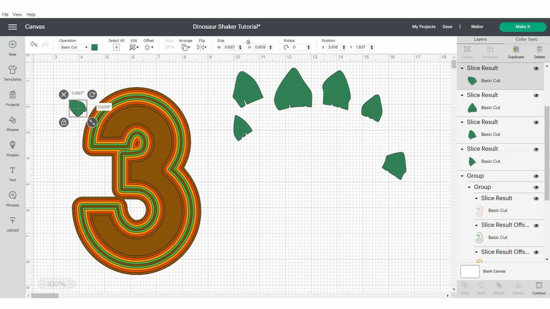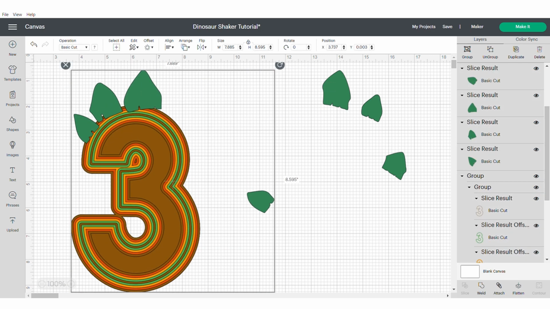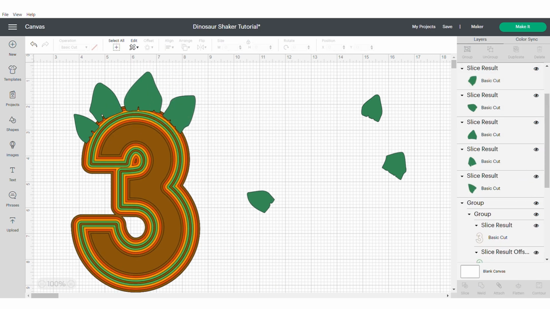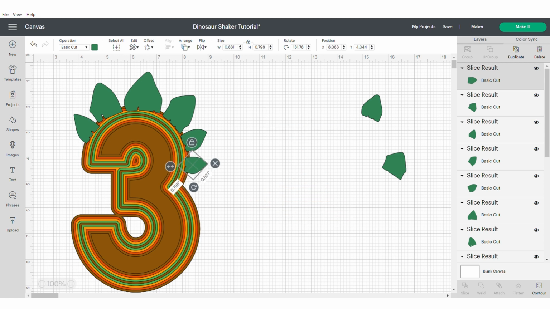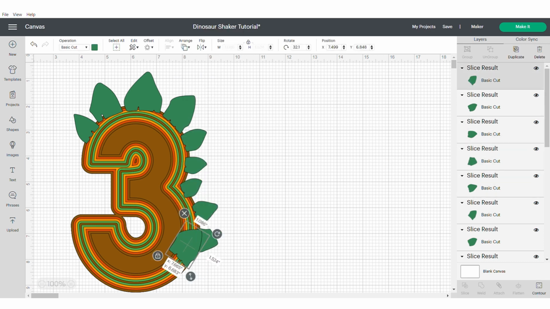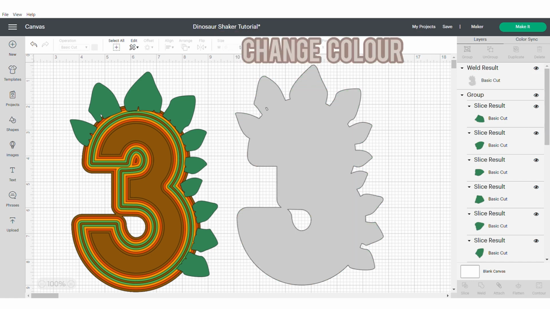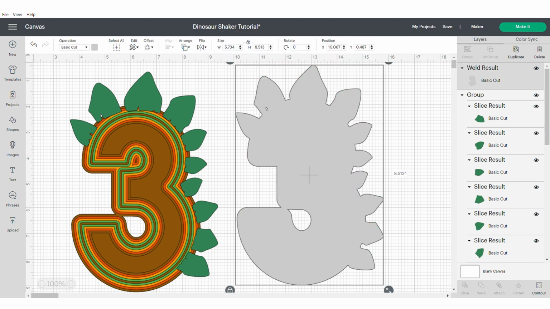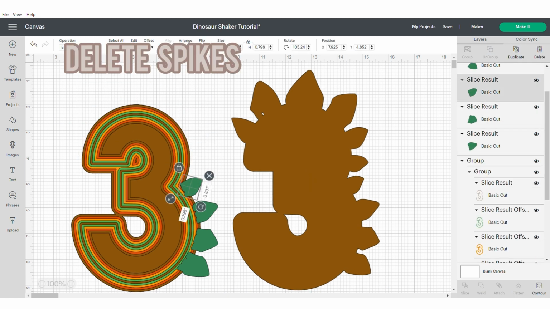Now that you have a number of spikes in different sizes, you're just going to arrange them alongside the back of the number or letter. There is absolutely no right or wrong way of doing this. It's really just about positioning it in a way that you think looks nice, and that works with your theme. Now group, duplicate and weld. This is going to be the backing for your main shaker. You can change the colour to fit in with the theme. I'm just going to make mine the same colour as the inside of my shaker. Then I'm going to delete all the